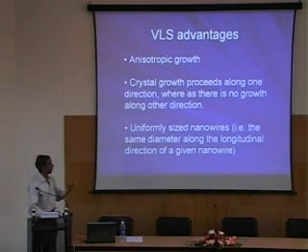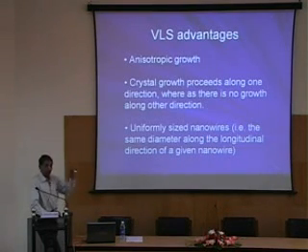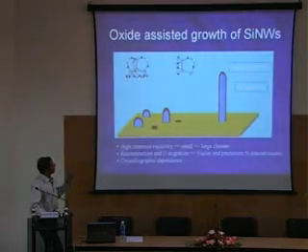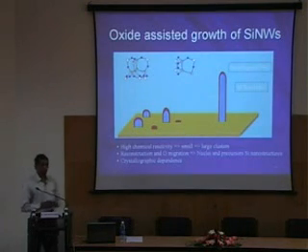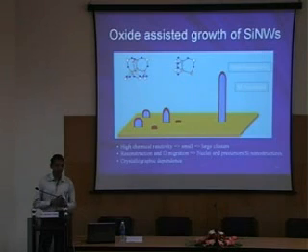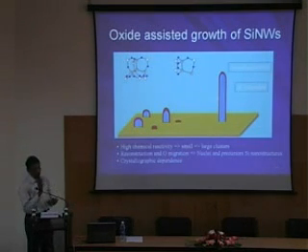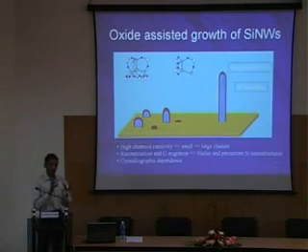You can control the uniformity of these nanowires, and you can grow single crystal nanowires using this method. The other method is oxide assisted growth of silicon nanowires. In the previous method, you need either iron or gold as a catalyst to grow the nanowires, and gold is a contaminant in silicon fabrication. So if you want to avoid any metal contaminants, the other way is to grow silicon nanowires using just silicon